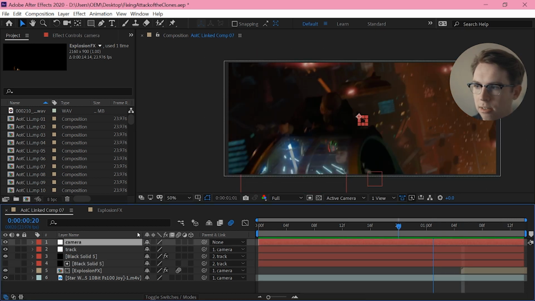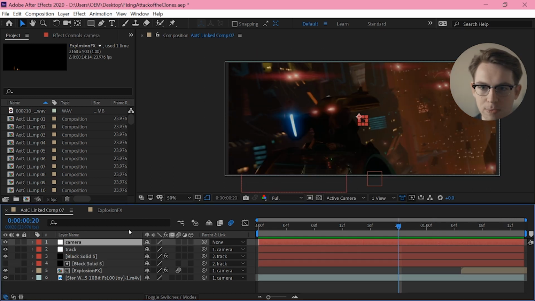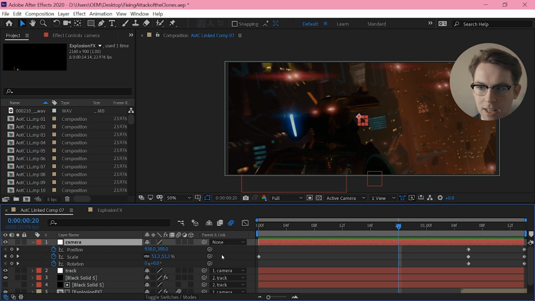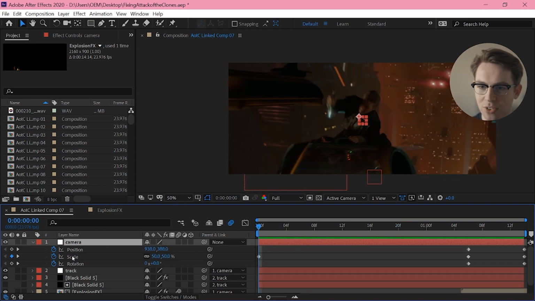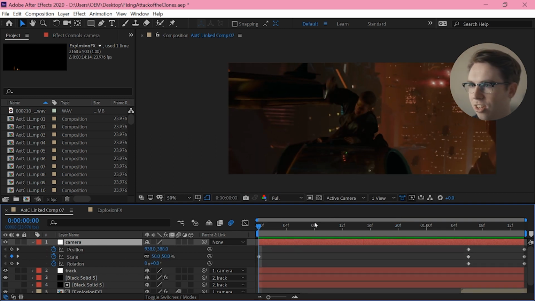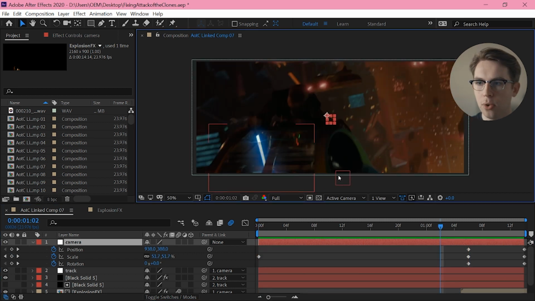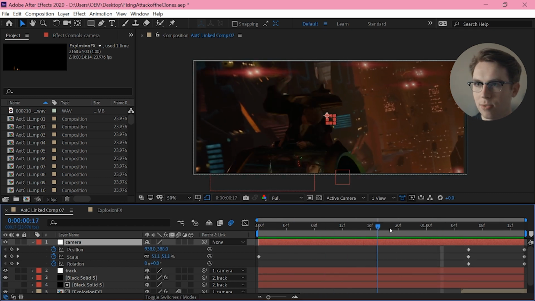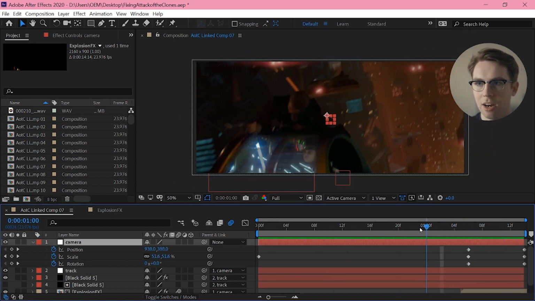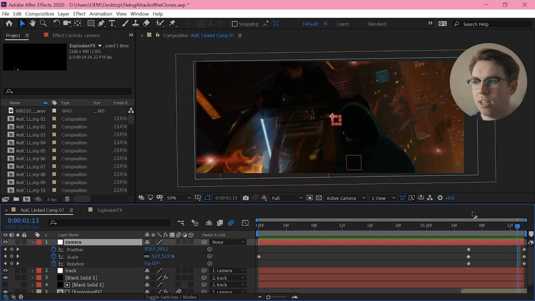And then finally, because I want this to be more of an extreme shot, I'm adding this fake camera move. I'm adding a position, rotation, scale, just to punch in and sort of zoom around. This blue outline represents the original frame, and you can see I'm just sort of moving that around so that when we do cut into the next shot, it's a bit more seamless because we have this turning movement.